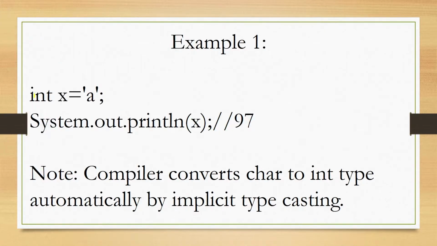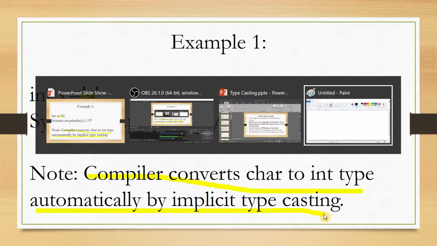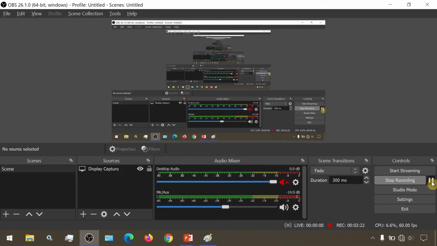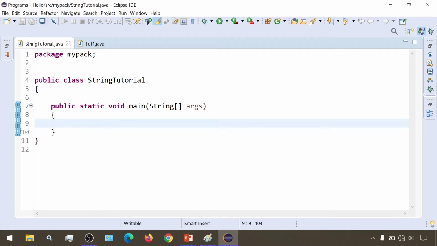Here we have this example, this int variable with this value, this character value. I have explained this very much, that the compiler converts char type to int type automatically by implicit typecasting. We know that characters have specific numeric values assigned to them.